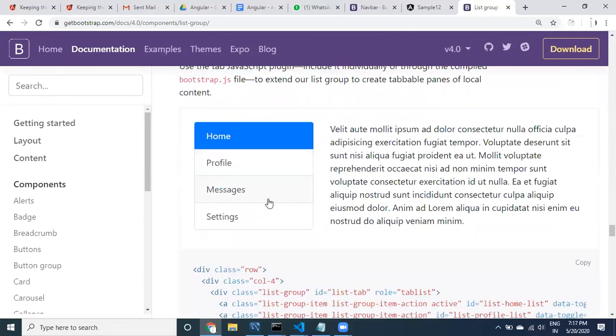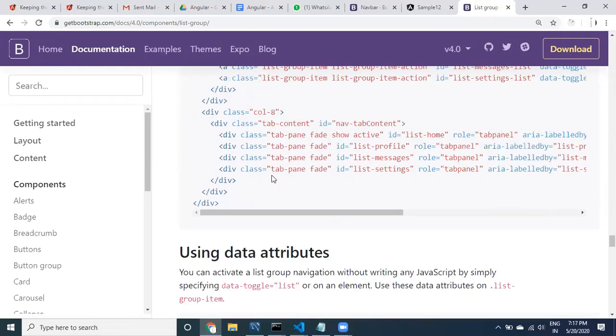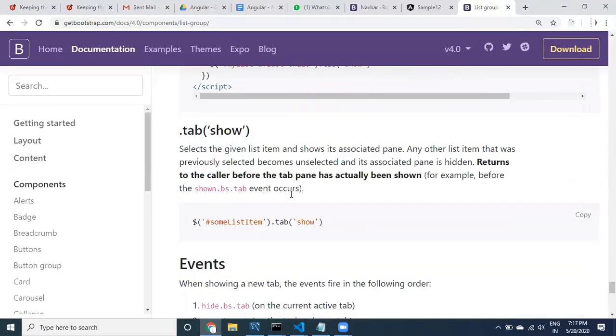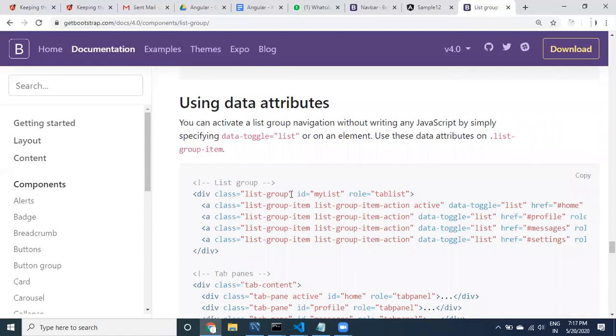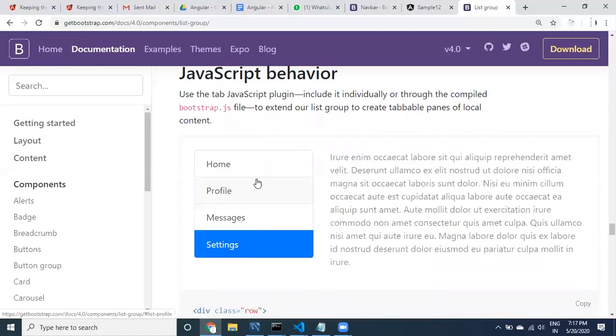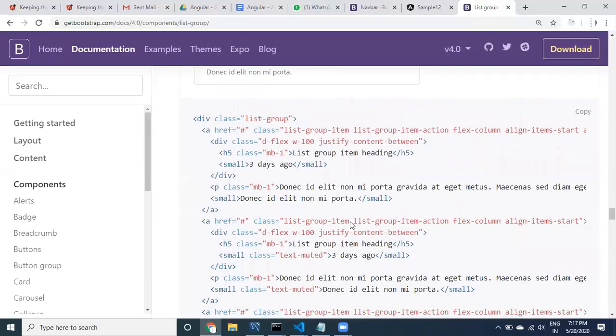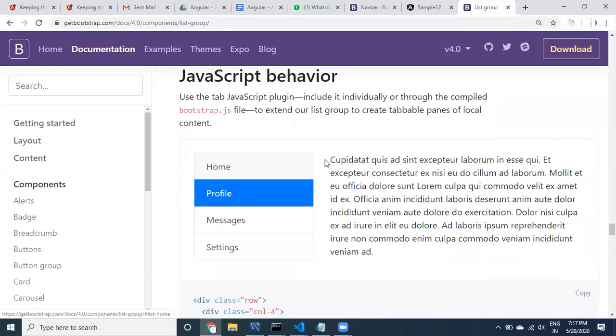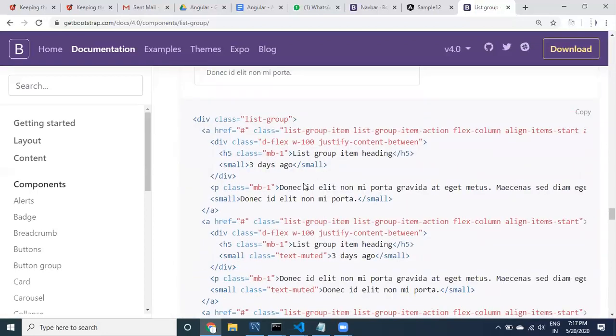I'm just looking at it. I don't want this kind of approach, because I don't want to add any JavaScript.